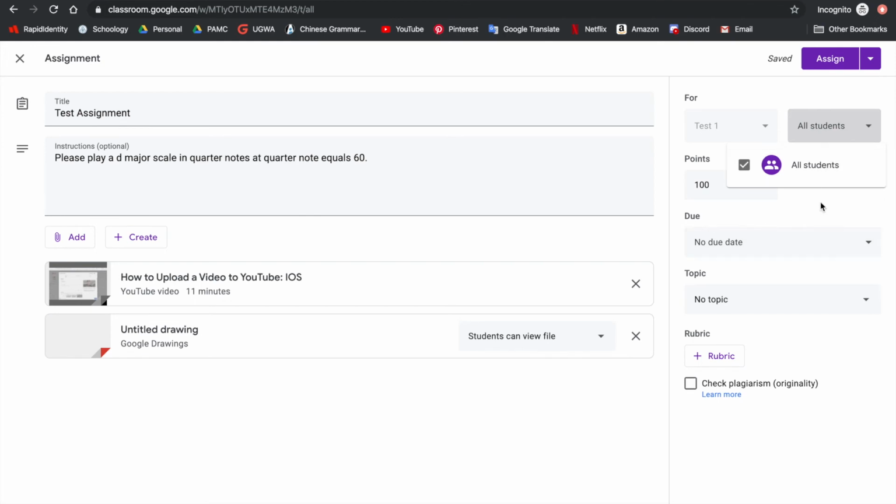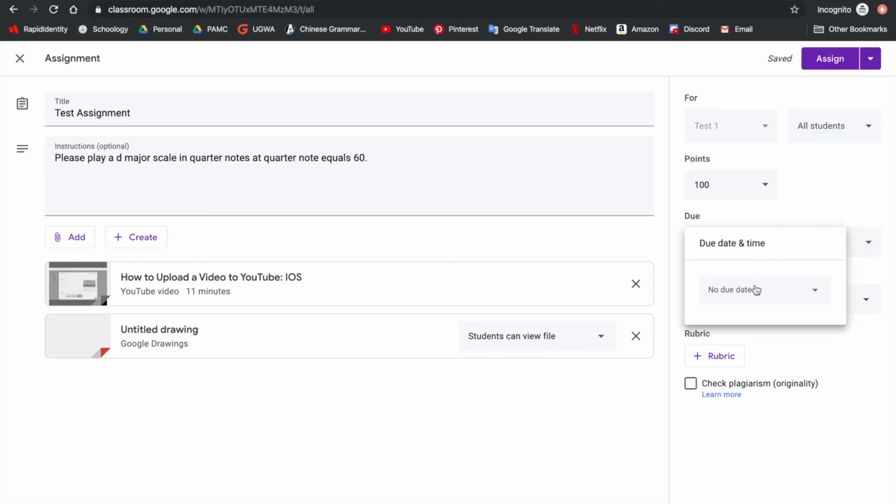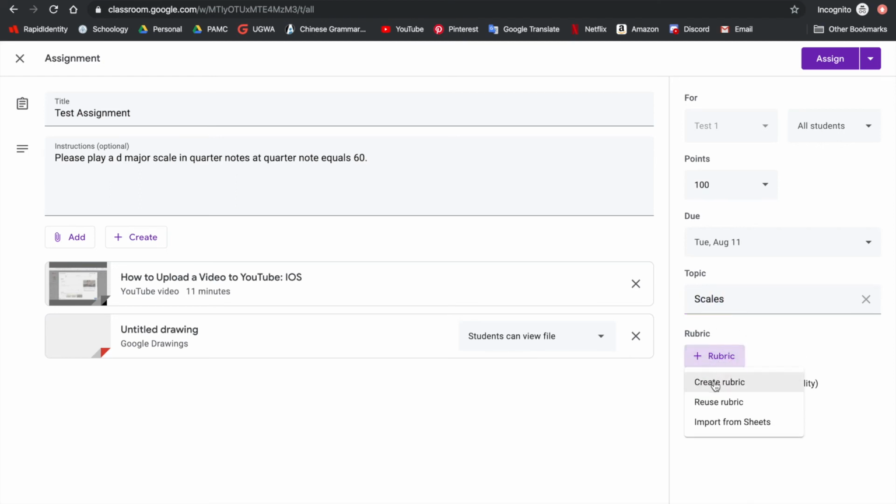You can also select which students are actually capable of viewing it. You only have 0 students right now because no one's joined your class. You can select when to assign it, when it should be due. You can choose a topic. For this one, we'll just say scales. You can add a rubric if you want. No need. You can also import it from